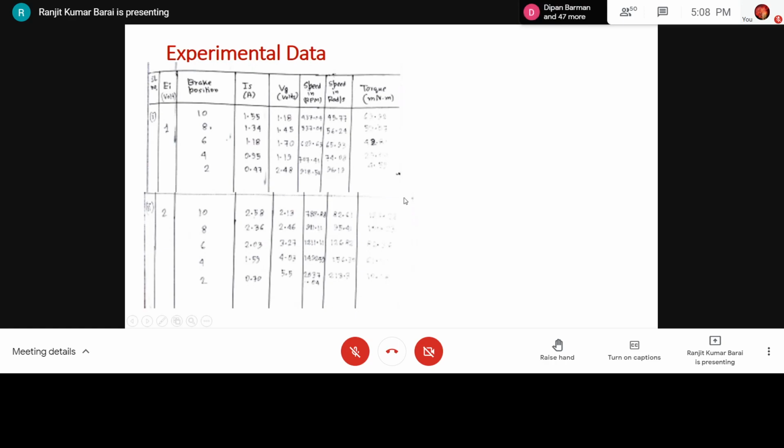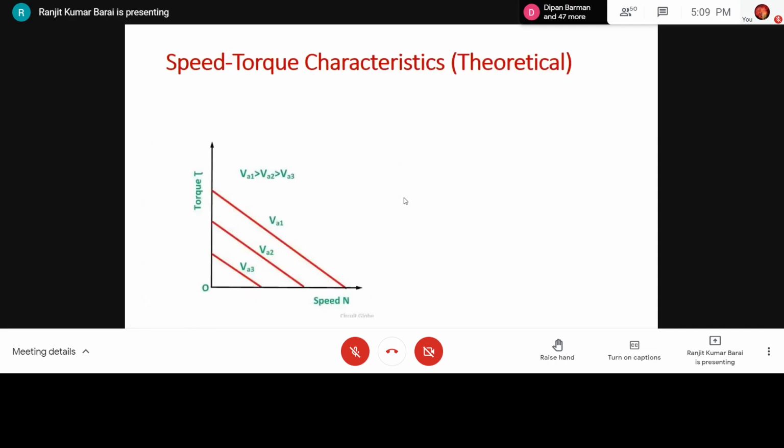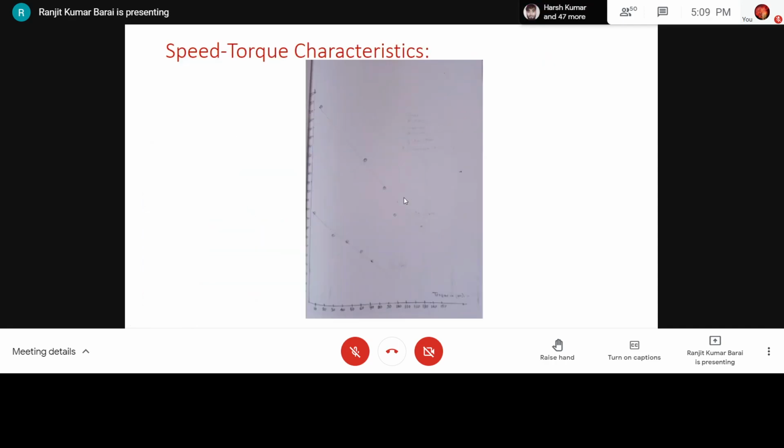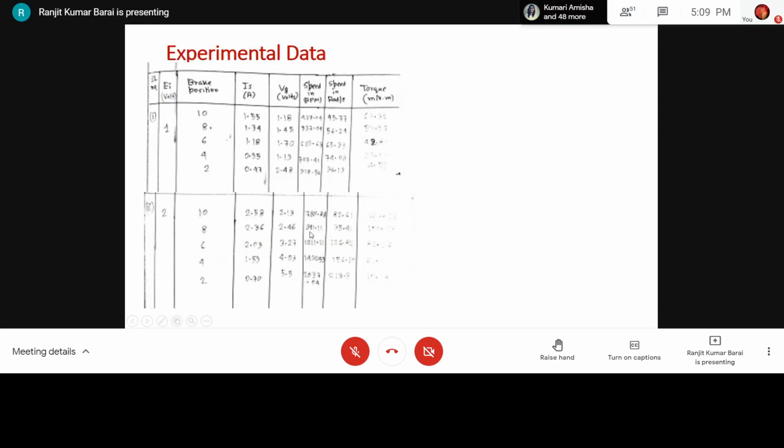So if I try to plot it, it will follow this pattern. Yes, although it's hazy, not very clear, but see the pattern. If this is for EI 1 volt, this is for EI 2 volt. Sorry, it is for 1 volt and the lower one is for 2. No, I was wrong. The lower one was 1 volt and the upper one was 2 volt.